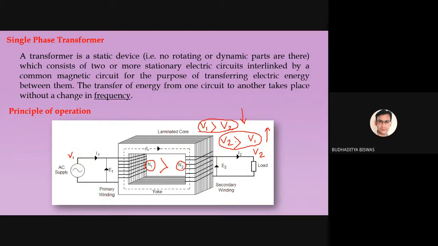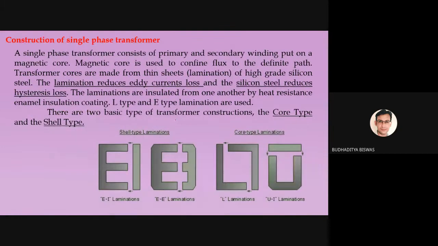At that time we must use a step up transformer, where the output of the transformer is more compared to the input. And sometimes for different purposes we need to decrease the voltage compared to our supply. At that time we must use the type of transformer where V1 is more compared to V2, or V2 is less compared to V1, and this is called the step down transformer. All this happens based on the number of turns. If we place more turns in the primary, the primary voltage is obviously more compared to the terminal voltage V2. And if we place fewer turns in the primary, then V1 is less compared to V2. All these things will come later.